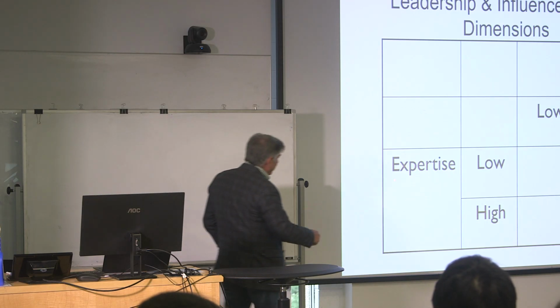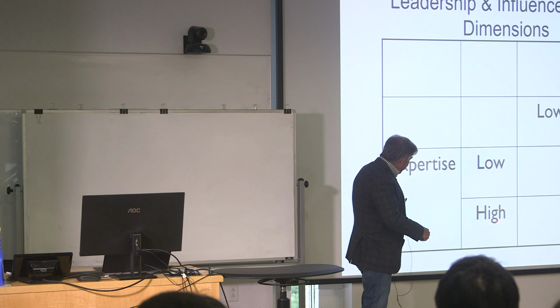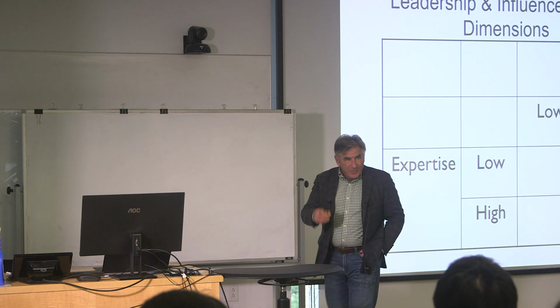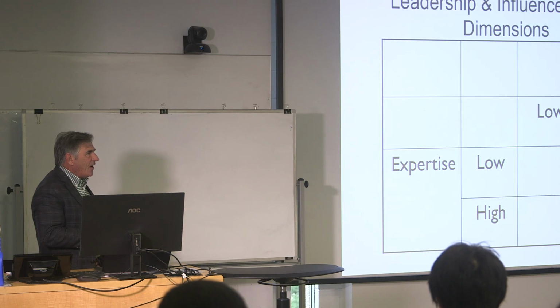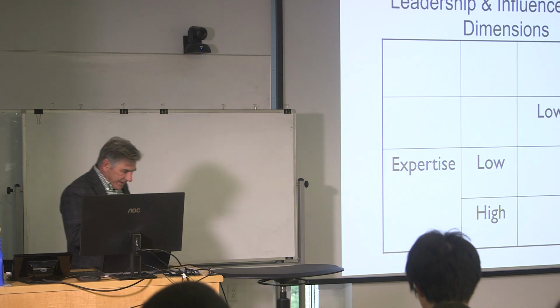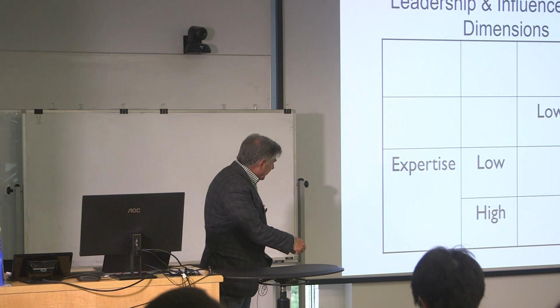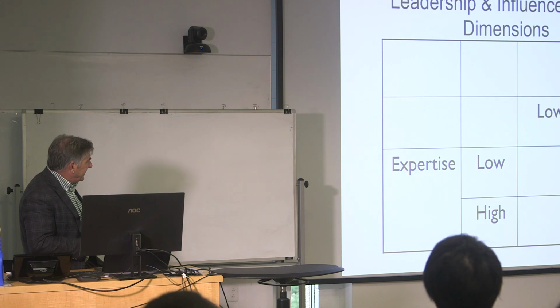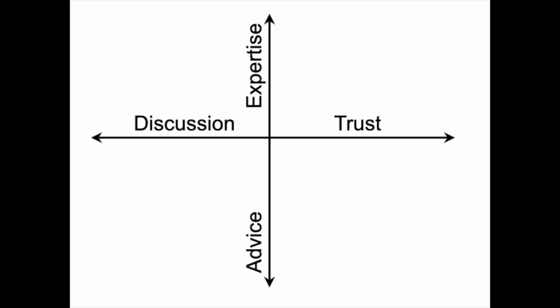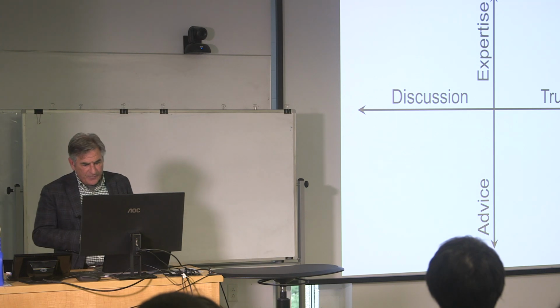We find people that are very high in expertise but low in trust, right? We know they know a lot, but we don't know necessarily that they have the community or our own best interests at heart. And what's golden is when you find people that are here, high in expertise, high in trust. And I generally like to think about this as expertise is more hierarchical, where discussion and trust is more vertical. And we have evidence for that, right? That you're going to move up the food chain when you're looking for advice